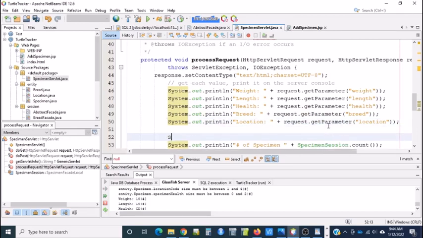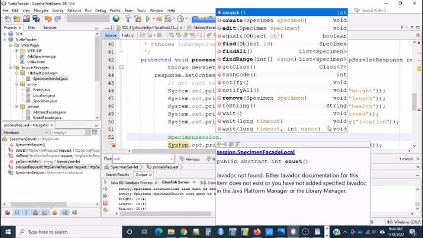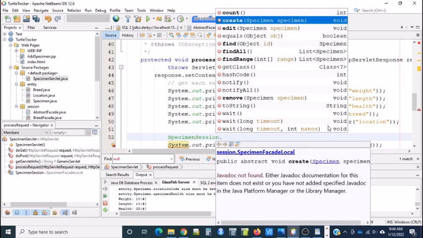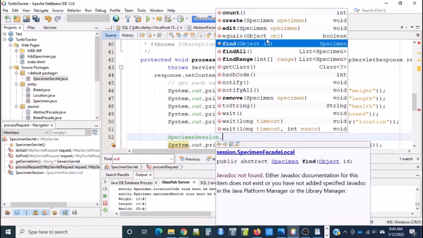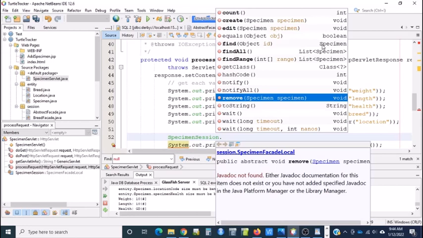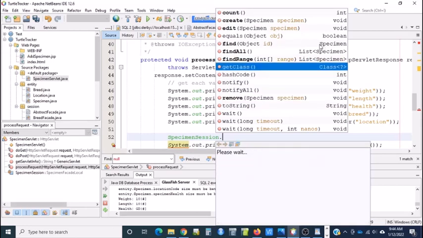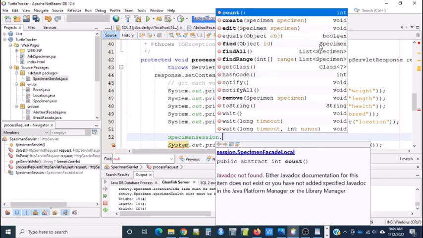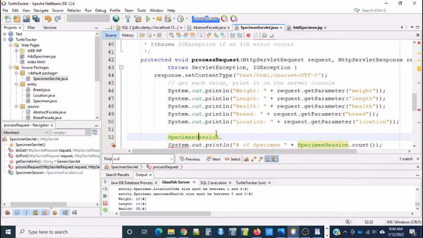Now, NetBeans has really good autocomplete. It'll kind of tell you what your choices are. So if I type specimen session dot, it'll show me all these methods that got auto created for me. So there's a create specimen, there's an edit specimen, there's a find object that returns a specimen object, there's find all, there's remove. So I notice one here says count, which should give me the number of records in the